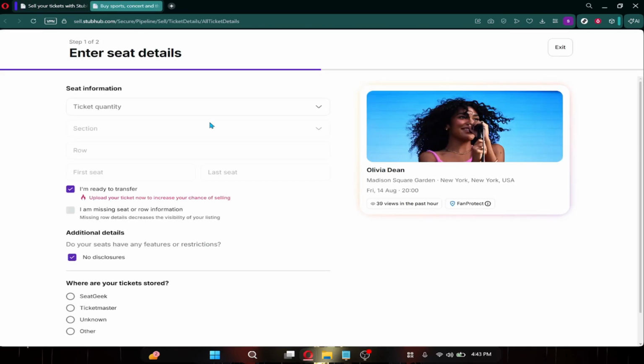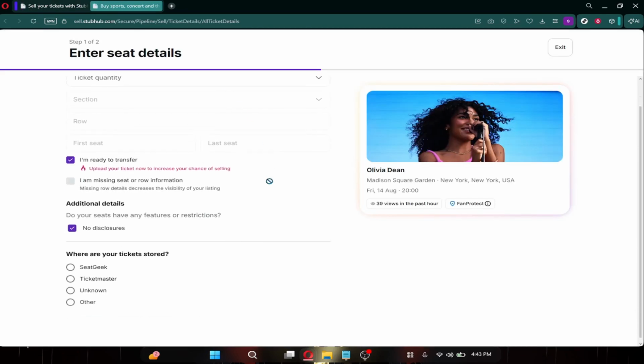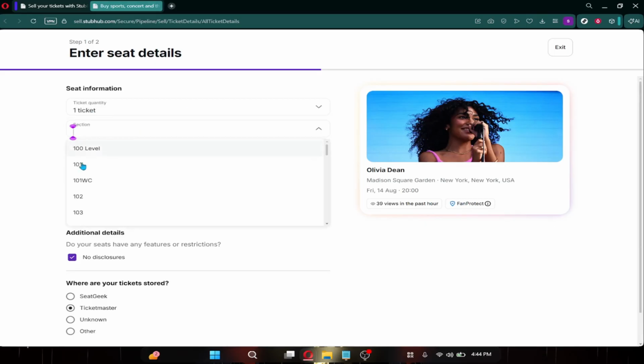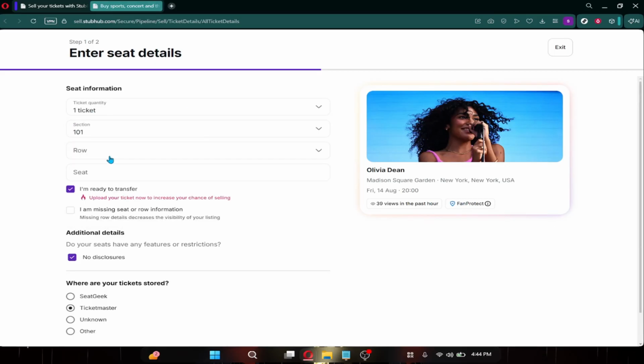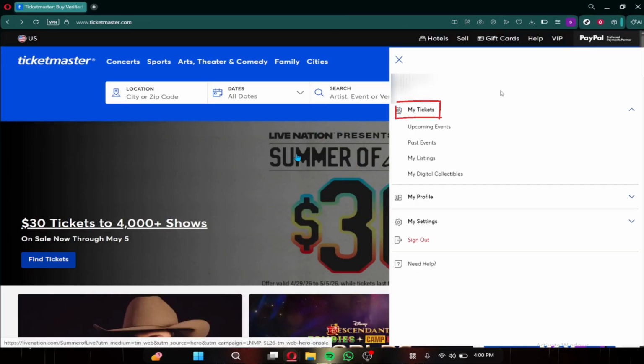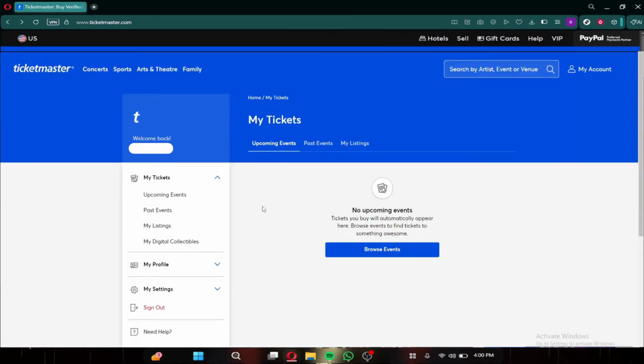When you start creating your listing, you'll be asked to enter seat details like ticket quantity, section, row, and seat numbers. All of this information comes directly from your Ticketmaster ticket. So what you want to do is open your Ticketmaster account, go to your tickets, and look at the full ticket details. There you'll see the exact section, row, and seat numbers that you need to copy and enter into